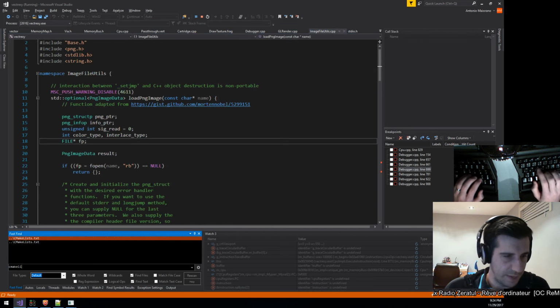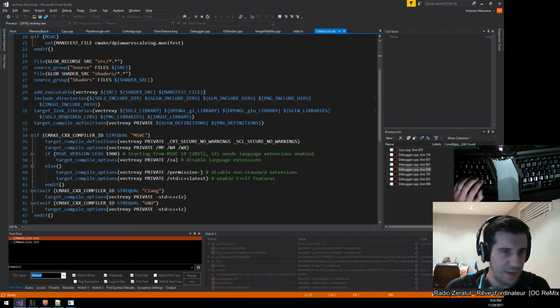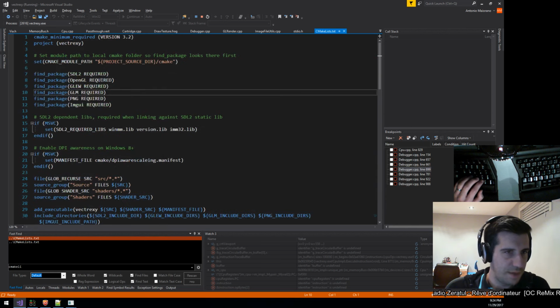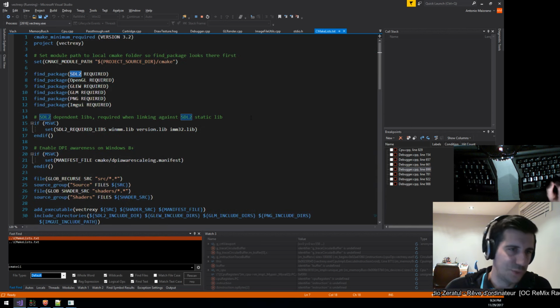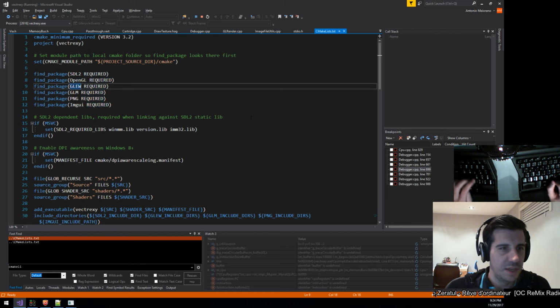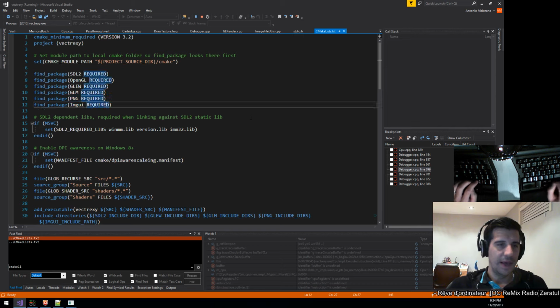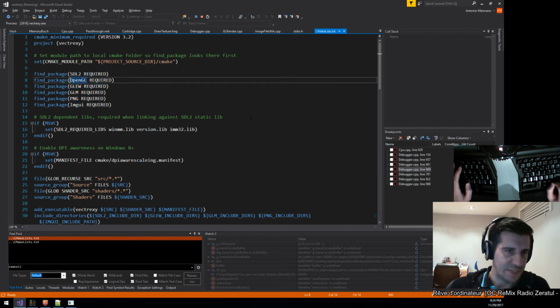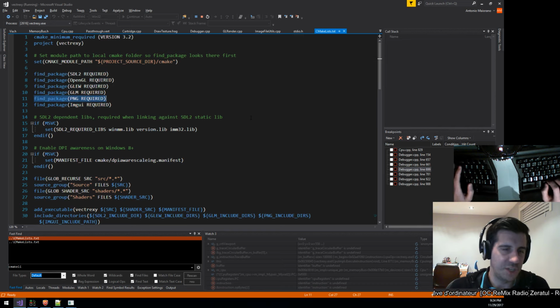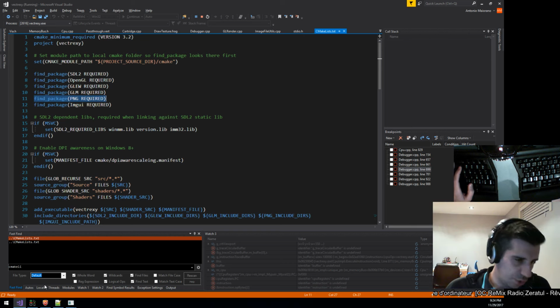If I go to my CMake lists, right now I depend on SDL2, OpenGL, GLEW, and GLM, and then PNG, and it's implicit that zlib is also required, because when you find PNG, it looks for zlib, and imgui. So it's quite a lot of dependencies, and I just thought maybe I could get rid of PNG and zlib by making use of,